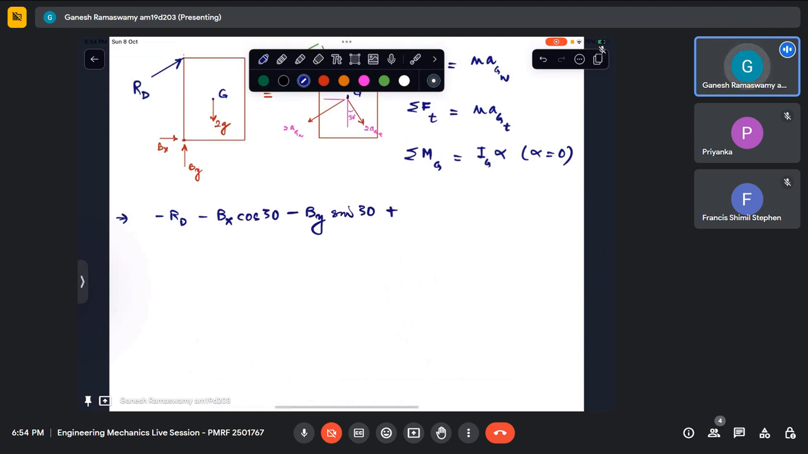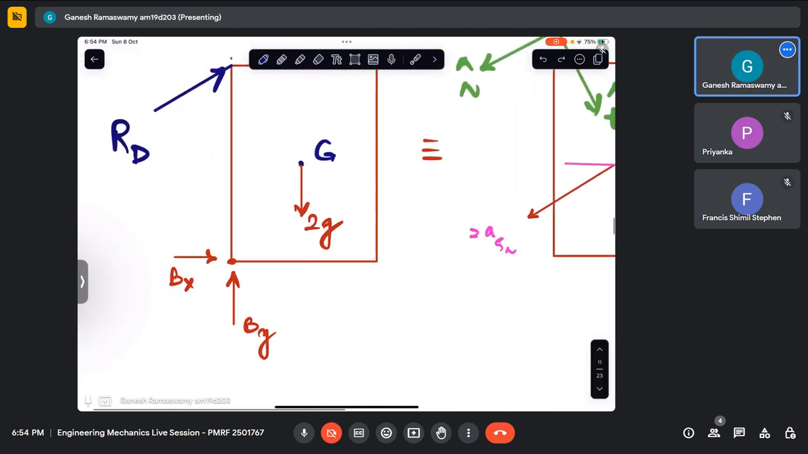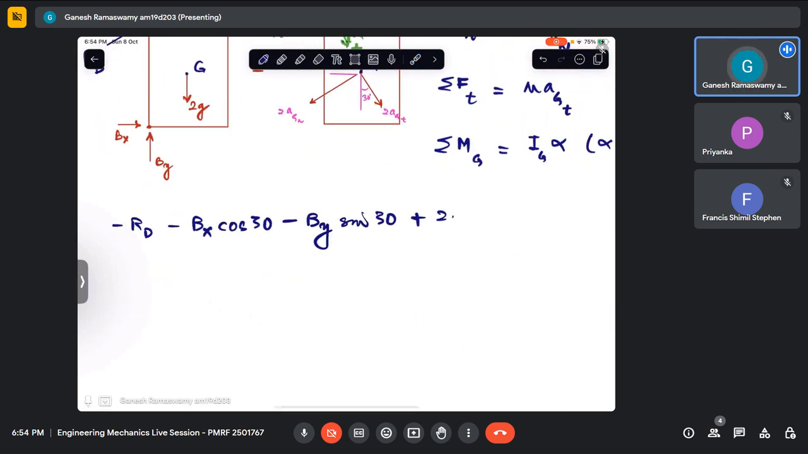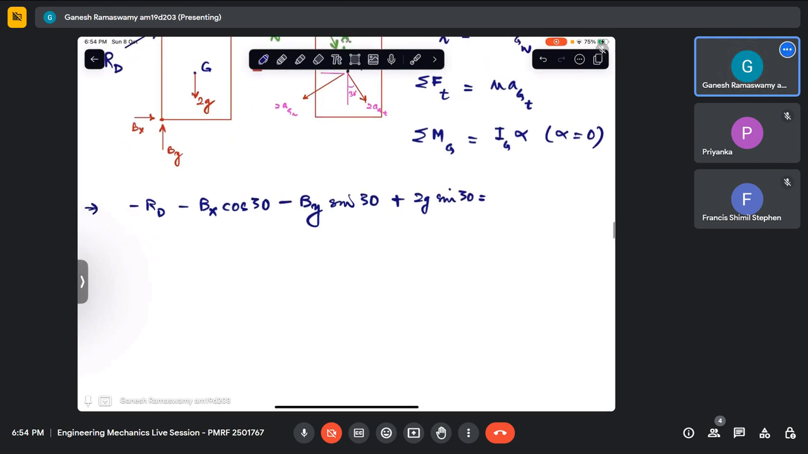And then I have plus, this also would have to be resolved into two components, in which case one component will be in the positive direction. So what will that be? It will be, so this is 30, so it is sin 30. So it is 2g sin 30 plus 2g sin 30 equals m. M of the plate is 2,